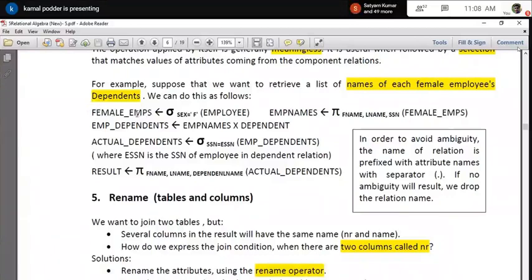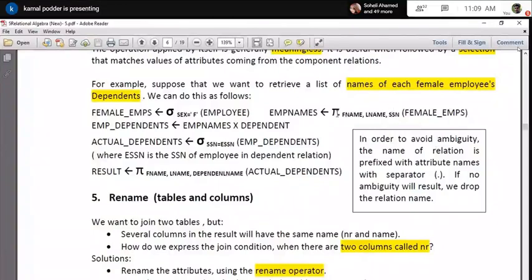But mind it, when the relational algebraic operation is done, the intermediate results are not given any name. I am giving a name here for my convenience and understanding. So I am applying this operation on employee, and I am getting this temporary relation, which indicates all female employees. Now you see, I got the female employees, but I do not need all the information. I need only some important information. That particular table might have a lot of information.